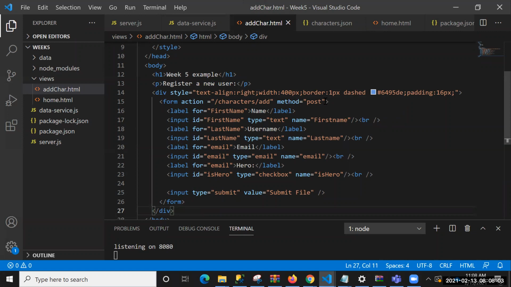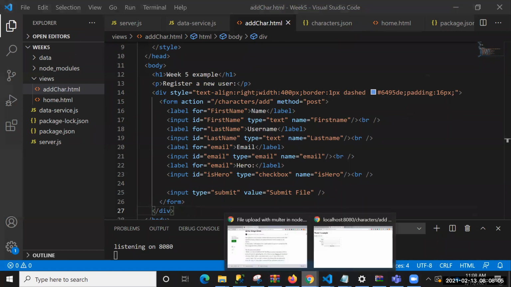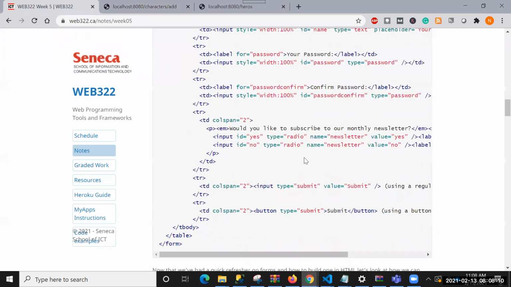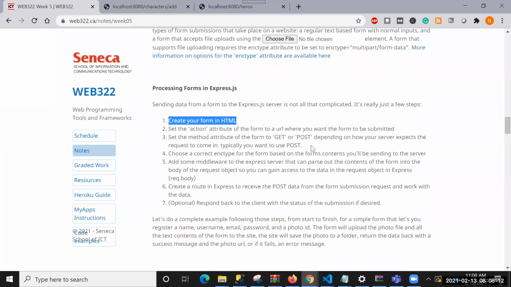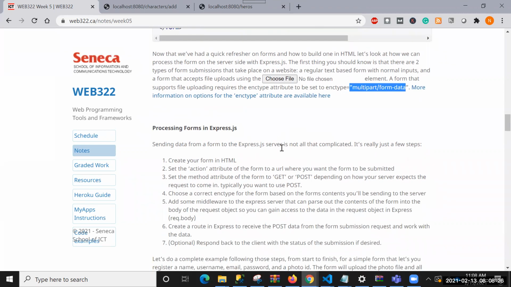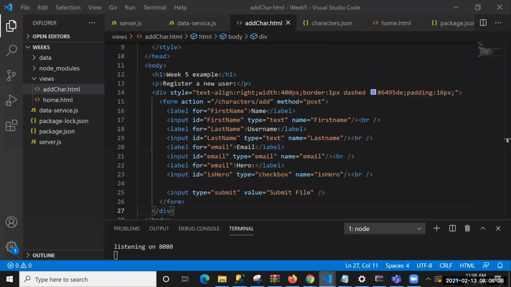And one of the very important attributes that you have seen in our notes that you need to add is the enctype. Let me show you this enctype. So enctype should be set to what? Multipart form data. You remember that if you want to send pictures, we need to set that enctype to that. But again, right now